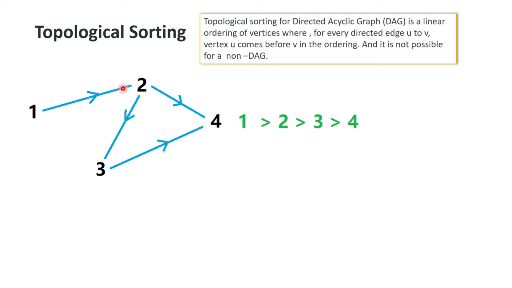So think about 2, 1, 3 and 4 as some subjects. Suppose 2 means Spring Boot, 1 means Java, 3 means Spring Boot microservices, and 4 means REST API development. Before getting into the Spring Boot course, we have to know about Java. That is a prerequisite. And for writing microservices using Spring Boot, we have to know Spring Boot. And for learning Spring Boot, we again need to learn Java.